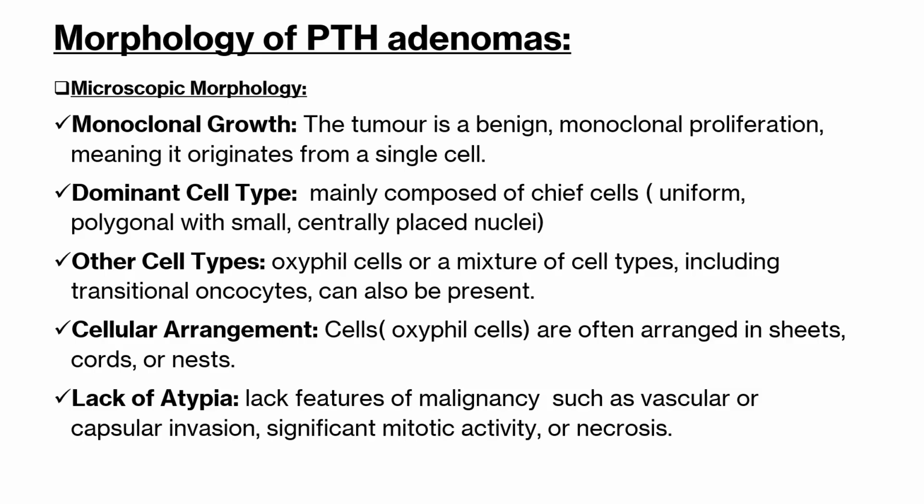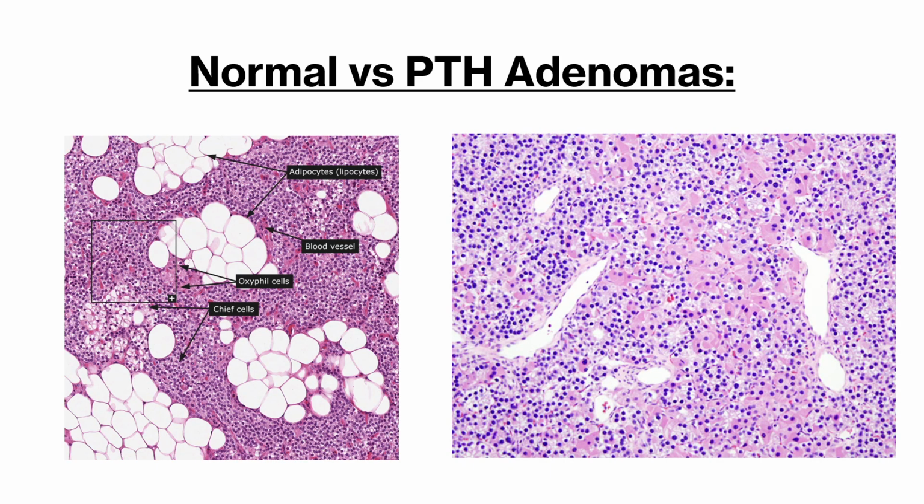such as vascular and/or capsular invasion, significant mitotic activity, or necrosis, are rarely present or absent. And adipose tissue, which is more clear and visible in a normal parathyroid gland, may be inconspicuous in case of the parathyroid adenomas. Here you can see the adipose tissue is very clear